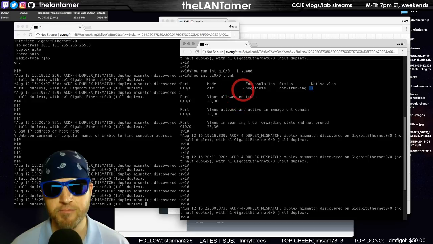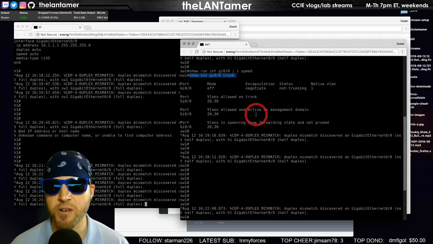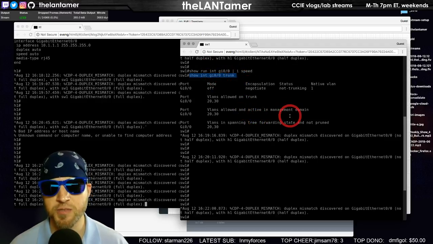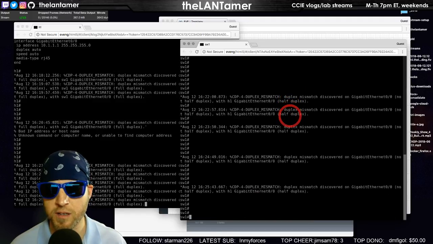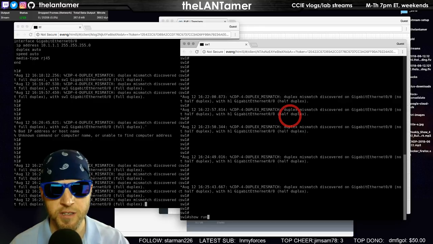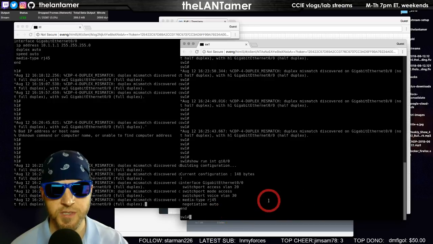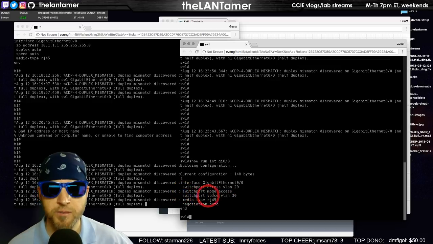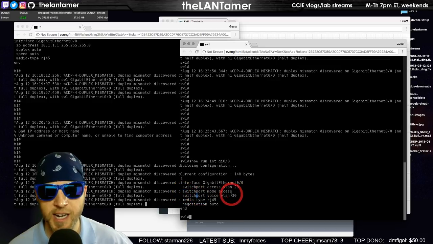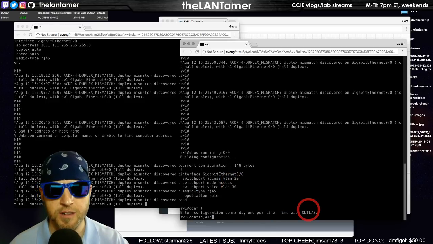Nothing like that. But just because an interface is not configured as a trunk does not mean you cannot run this command. That's what kind of threw me off. I didn't think you would run show interface trunk on a port when it's not a trunk port, but you can. So let's look at the running configuration. And there it is, folks. So notice we have statically or administratively configured the port to be an access port. Now, granted, I am not using the switchport nonegotiate command. I don't even know if you could issue that here. Let's see.